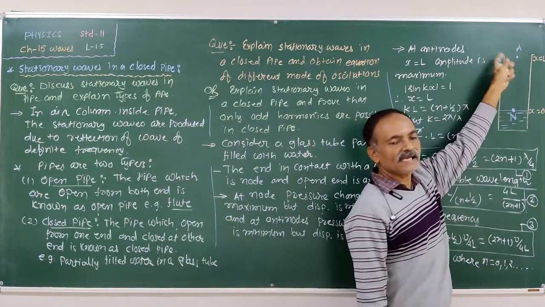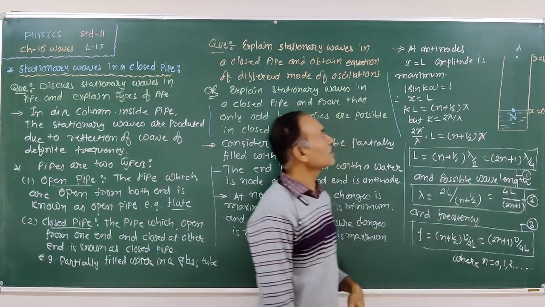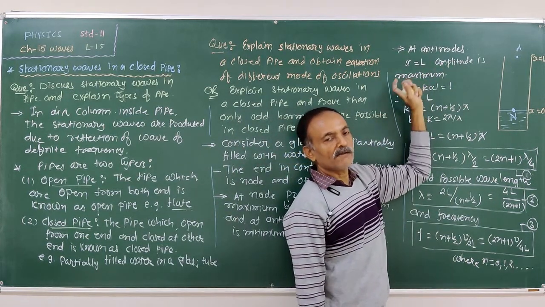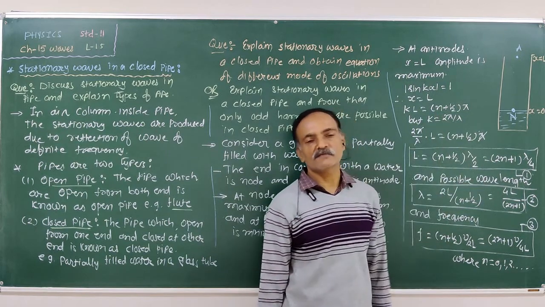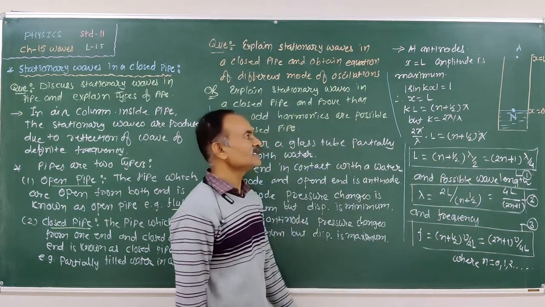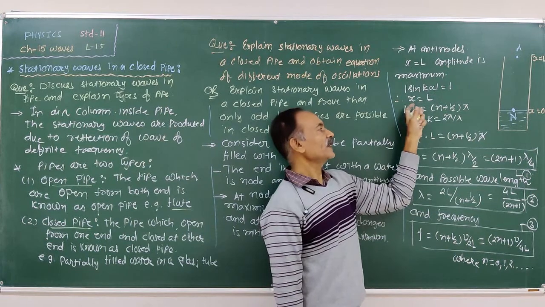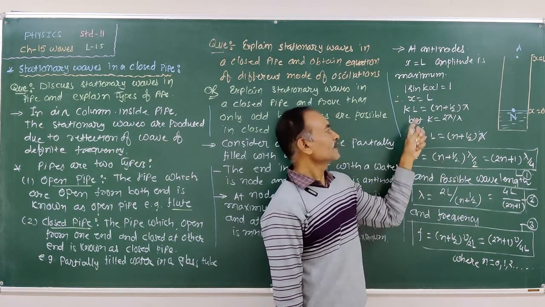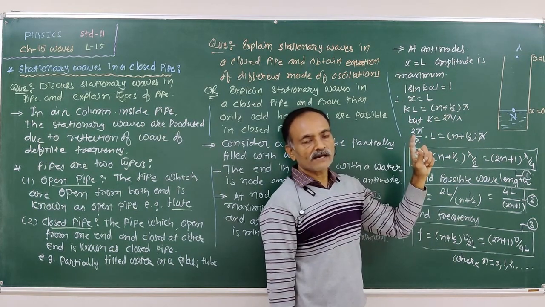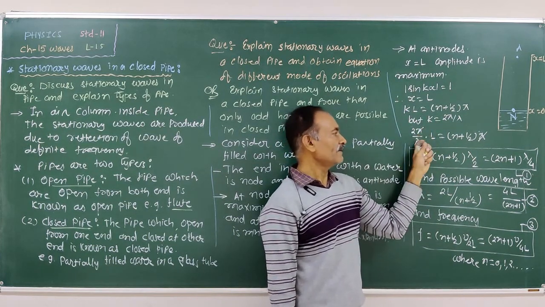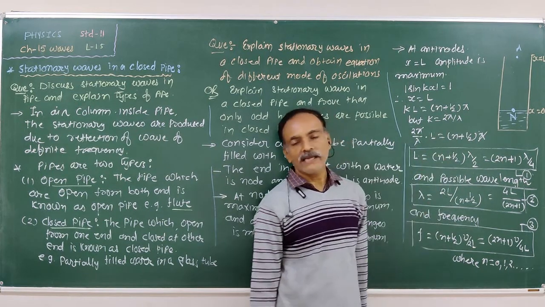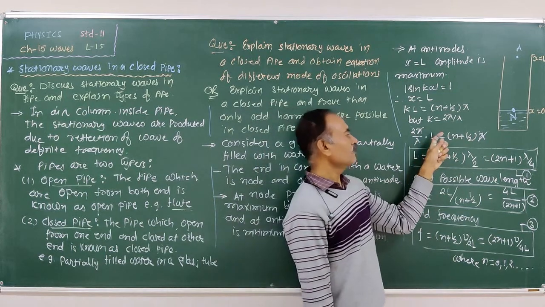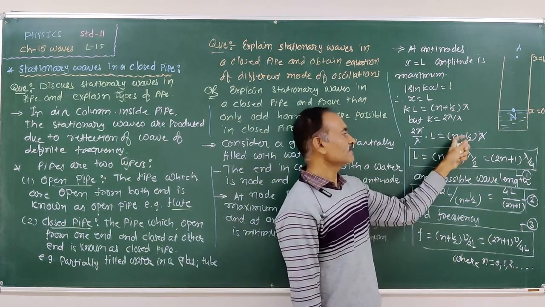Therefore, antinodes are lying at x equal to L distance from the water surface. Therefore, amplitude is maximum. For maximum amplitude, sin kx must be 1. That means sin kL is equal to 1. Therefore, kL is equal to (n plus 1/2) into pi. But k is equal to 2 pi upon lambda. Substitute here, (2 pi upon lambda) into L is equal to (n plus 1/2) into pi. Pi cancels. Therefore, we obtain the equation of L: L is equal to (n plus 1/2)